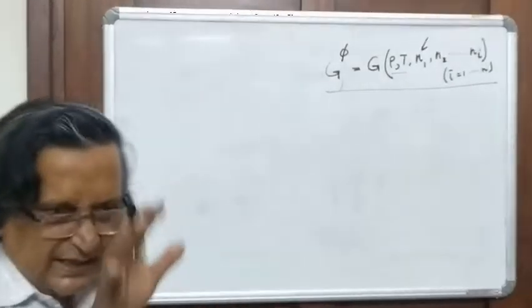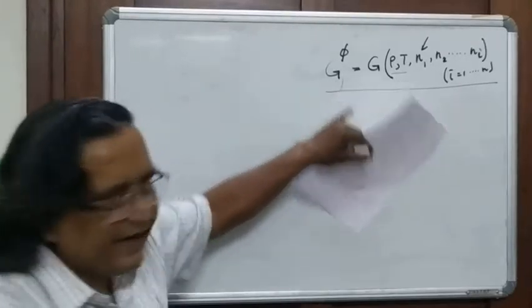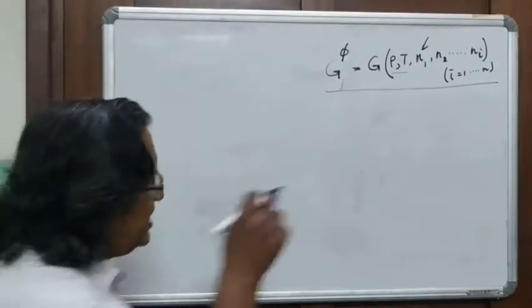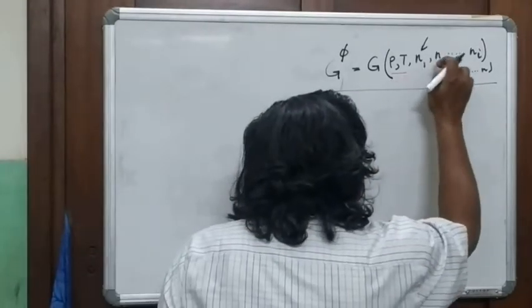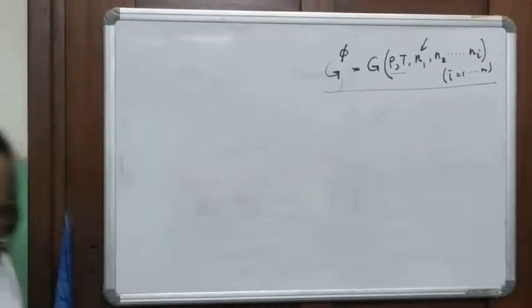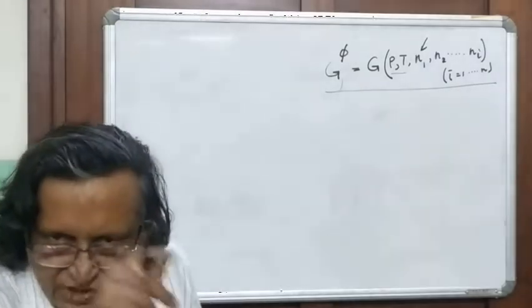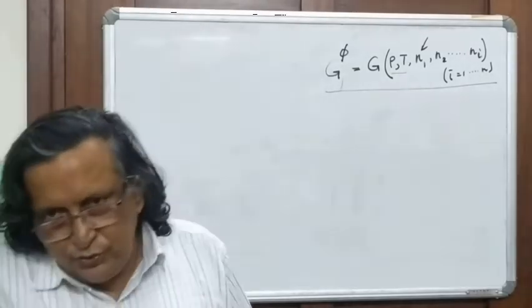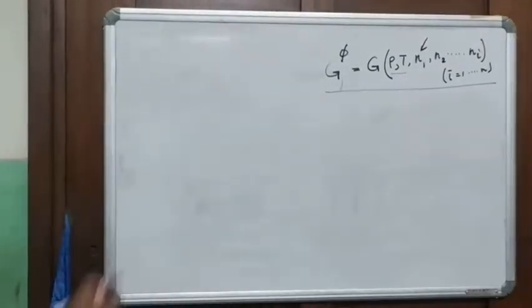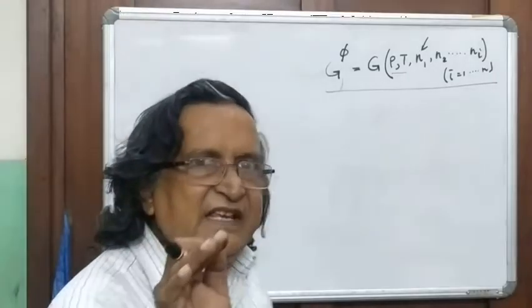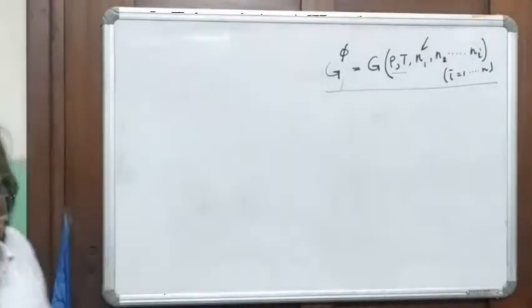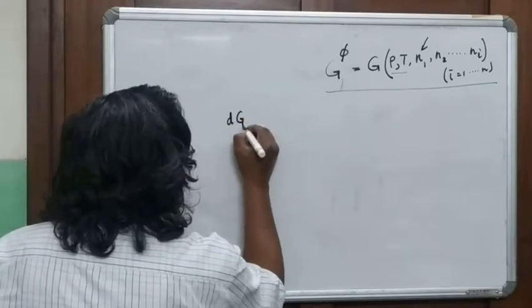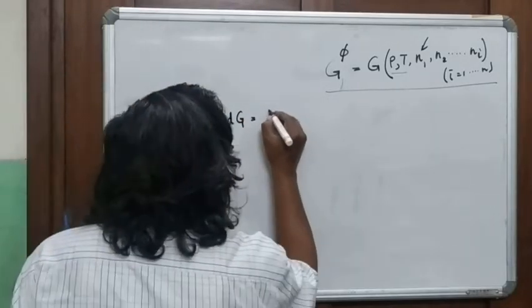So, just to make it simple, we are talking of free energy of a phase at a particular pressure and temperature, and as a function of the number of moles of the phase components, where i is equal to 1, 2, 3, 4 to n, right? So, we are talking of the free energy of a phase in terms of its phase components. Now, if I find the derivative of this equation, then we can write